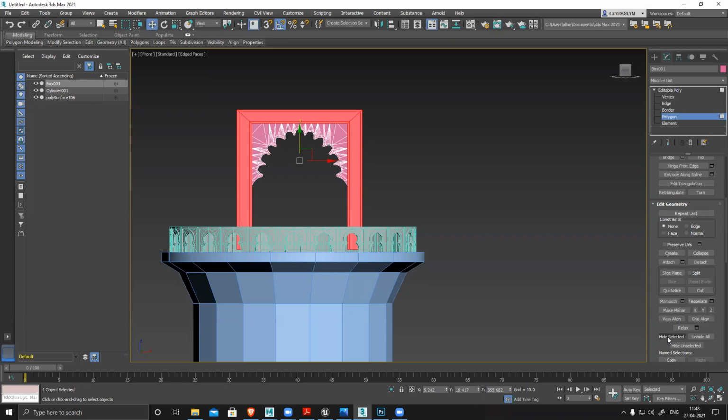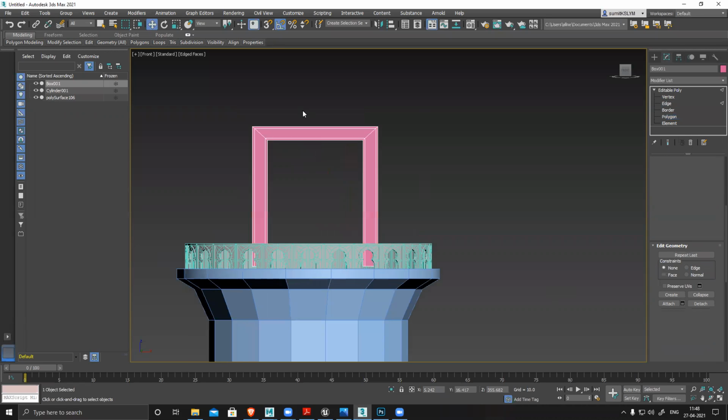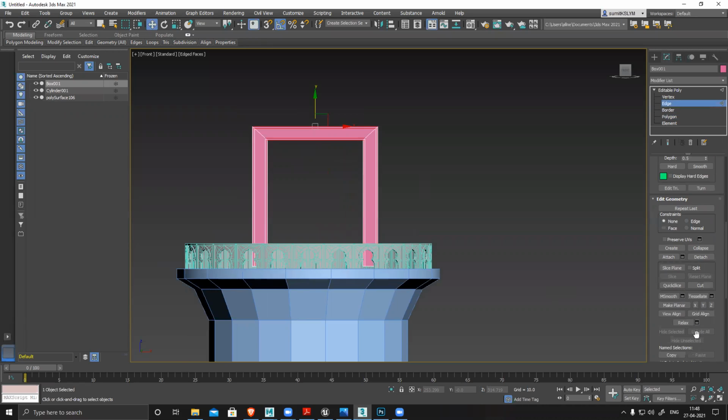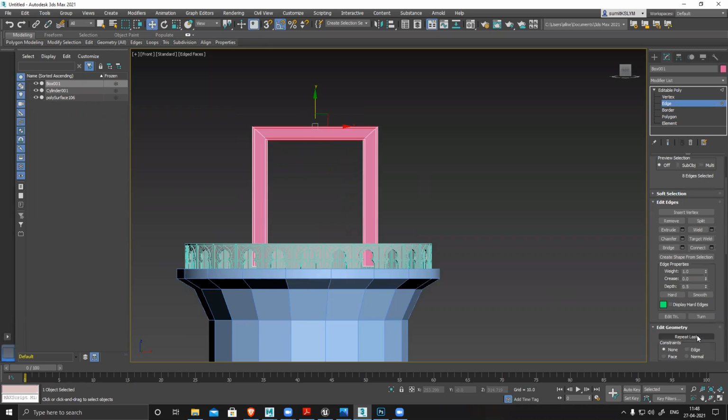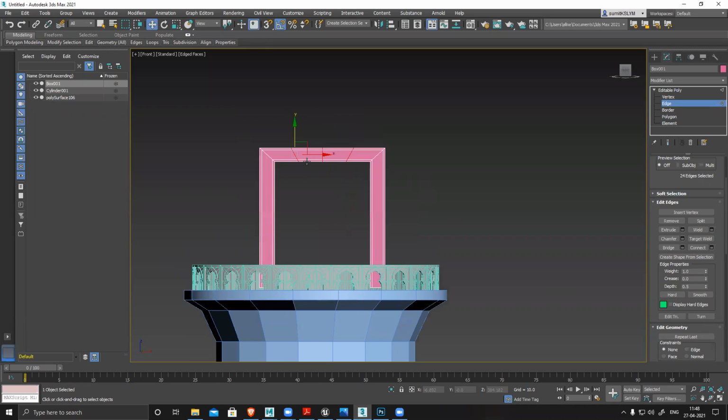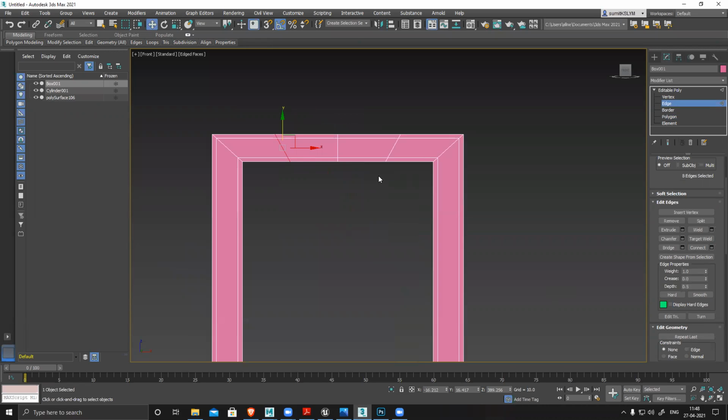Where is my hide unselected edge mode? Select this. Where is my connect? Two, three cuts. I just added them to bend it, because otherwise it won't bend nicely. And one more thing I'll do is make sure these lines are perfectly straight.